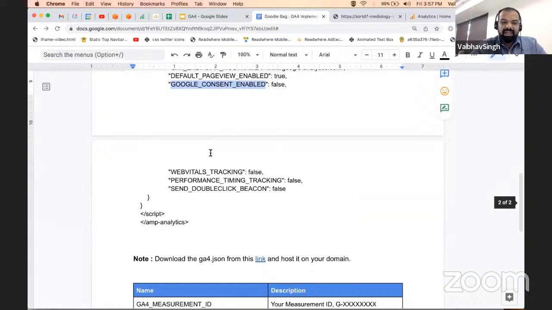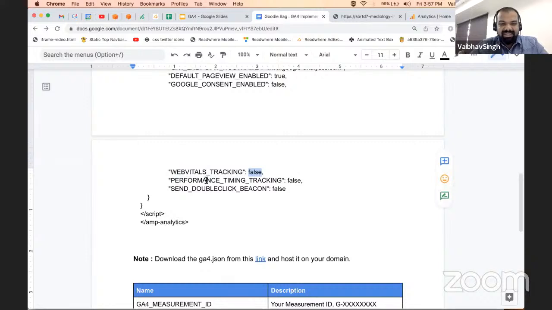A couple of new things which we've added is Web Vitals tracking. We want your page's Web Vitals to be tracked, so you can control that now inside analytics only. Google Search Console and other dashboards would still be able to track Web Vitals for you. But in case you want to see everything in one place, you could allow Web Vitals tracking here also, and you would be able to see that dashboard inside your analytics as well.